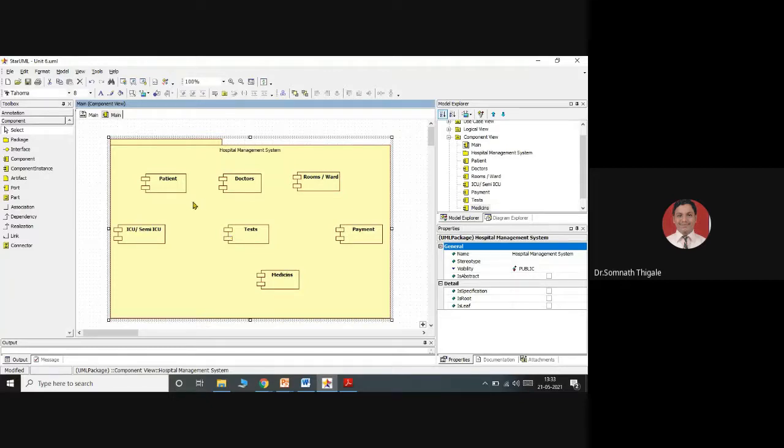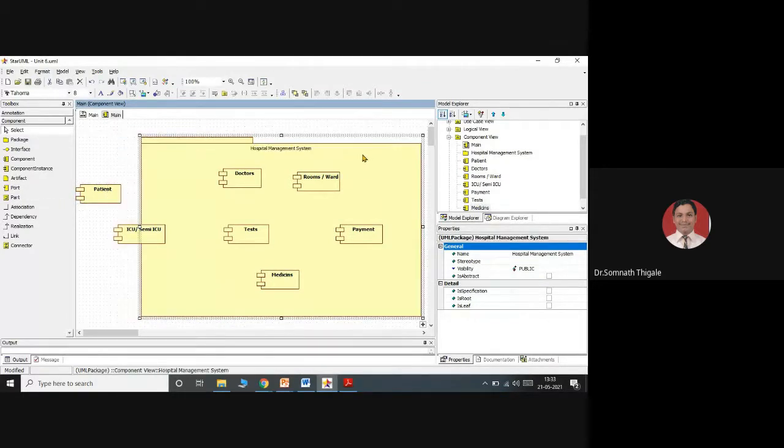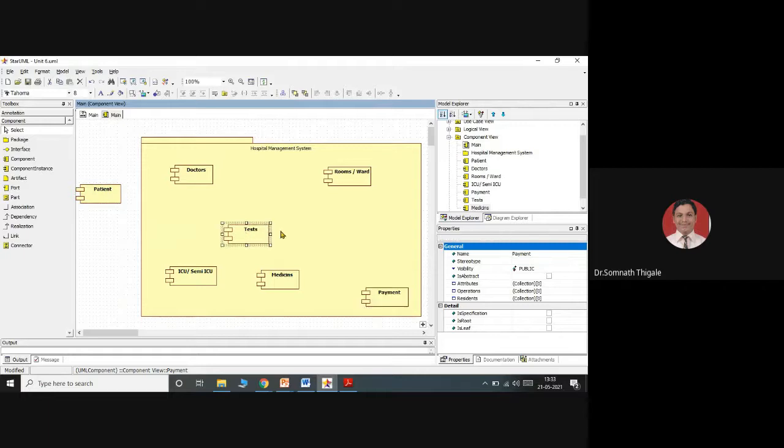So yeah, this patient will interact with the doctor. This will be considered as the entire hospital management system. So the patient will be outside of this system package, and inside that we have doctors, rooms, payments, different tests, different medicines.